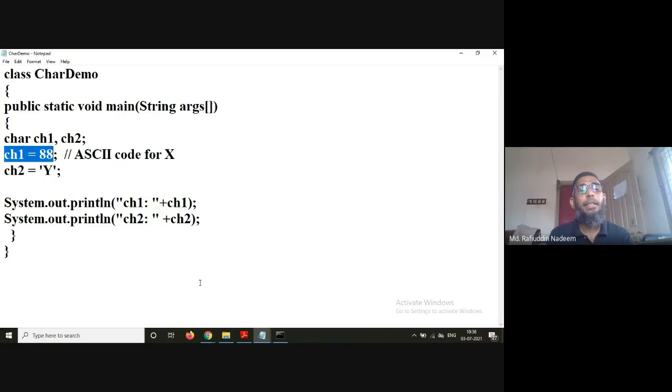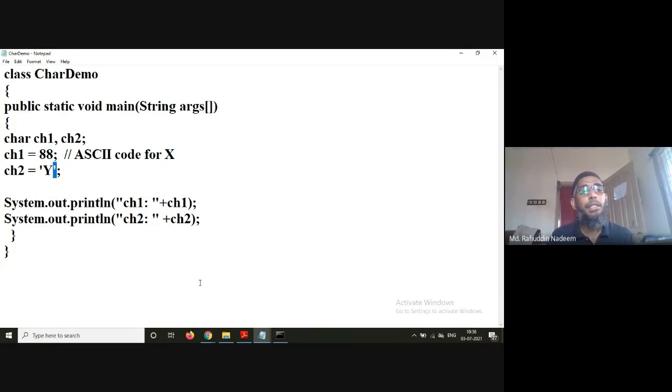It is actually the ASCII value of X. The ASCII value of capital X is 88. So you can directly assign a numeric ASCII value to a character variable, and as per the value given, the respective character will be stored. Directly I'm assigning 88 there, and it will display X here.